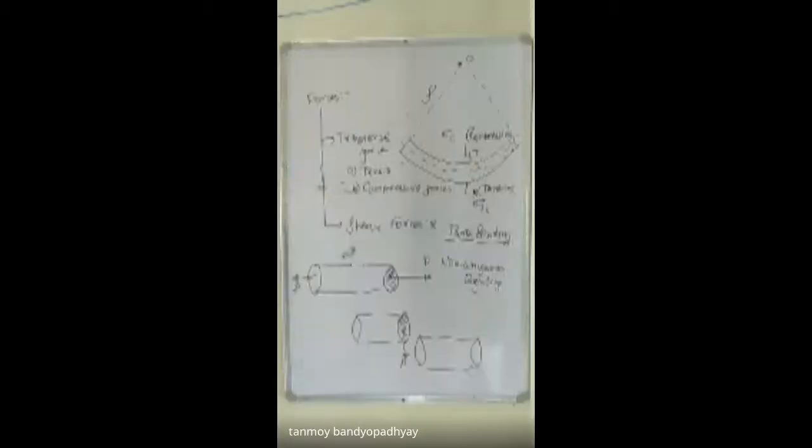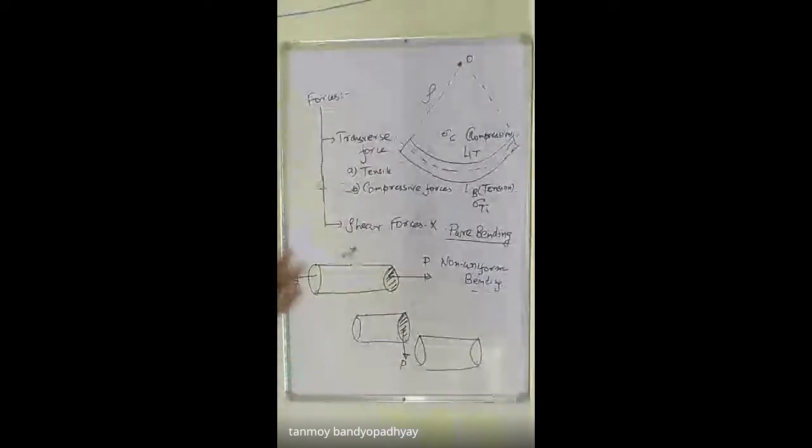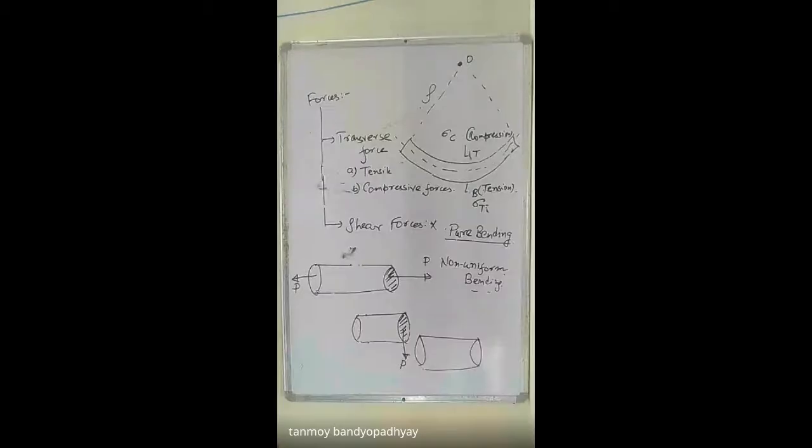Next, we will be studying torsion, where we will study the effects of torsion, torques, shear forces, shear stresses, and all those things. When these two combine, we get bending moment as well as shear forces, and we get non-uniform bending. In this chapter, we are only studying the effects of bending, with no transverse forces and no torsion. Only the structure is being bent using a couple or a moment. Understood? The topic of the chapter is pure bending.